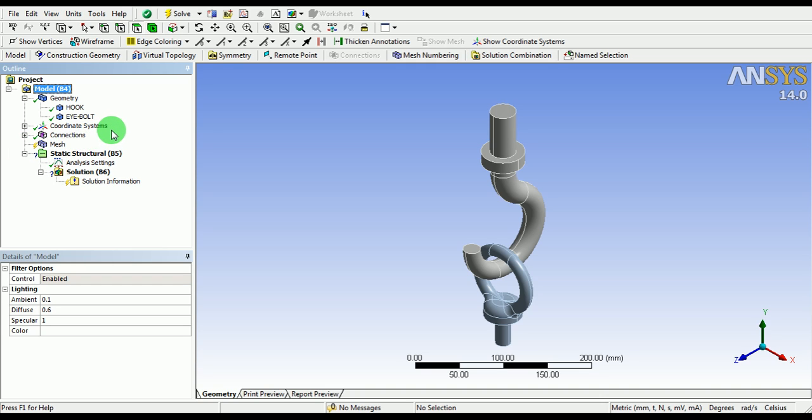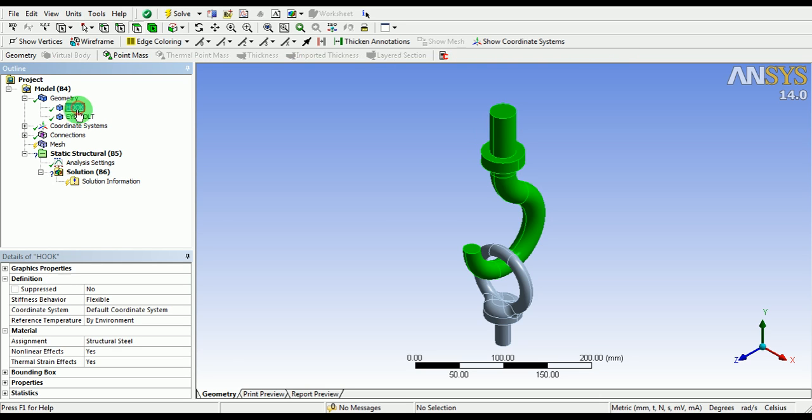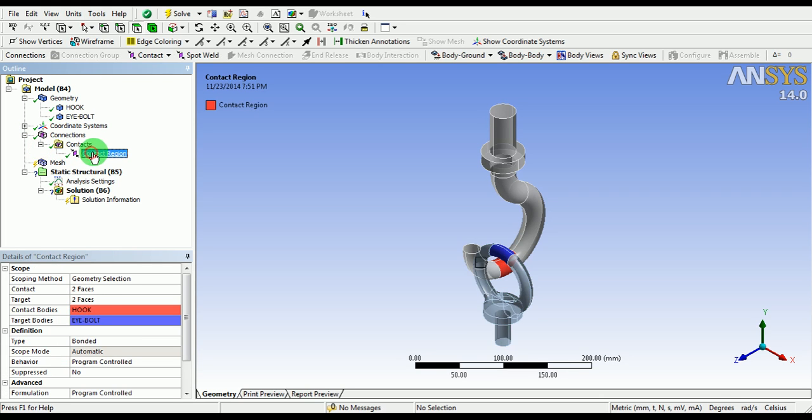Now check the material for both of these bodies, hook and bolt. Press on hook, check the material assignment as structural steel. Use eye bolt, ensure the assigned material is structural steel. Now there is one existing connection, that is the contact region.